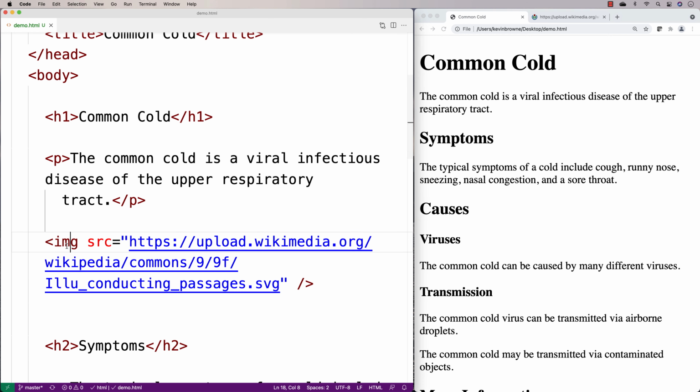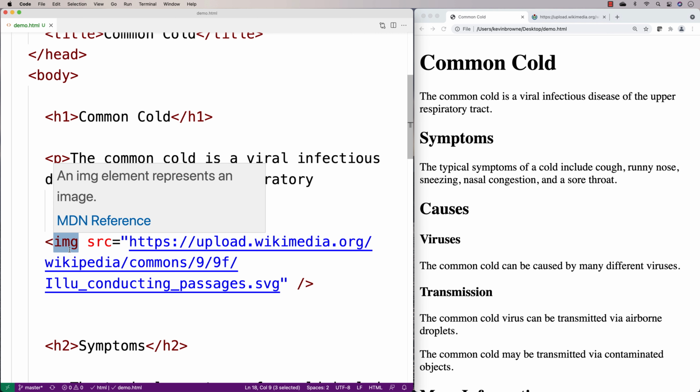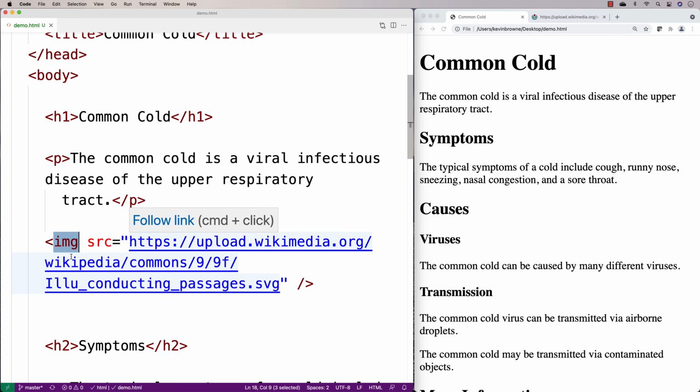The other thing that's interesting is this HTML element here has no closing tag. So like H1 has open H1, close H1. P has open P, close P. This is a singleton HTML element where it only has one tag. There is no closing tag. So for this one here, by practice, we're going to put a slash before this close bracket here. So this slash here before the close bracket. And that's what you do when you've got an HTML element that has one tag to it. So we'll save this here and we're going to do a refresh,